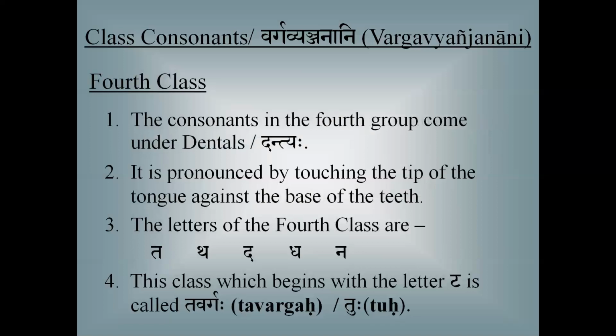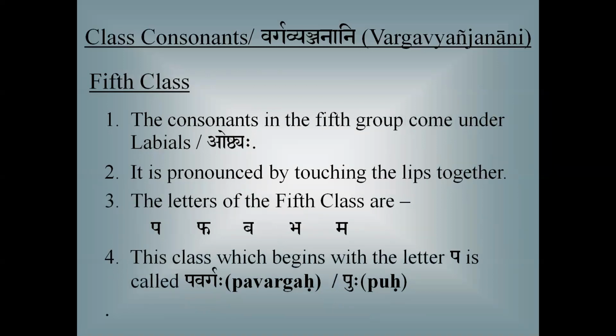Then the fourth class, where the tongue touches the base of the upper teeth. Therefore, they are called dantyaha, dentals. And the letters are ta, tha, da, dha, na. These are the 5 letters. Then the last class,